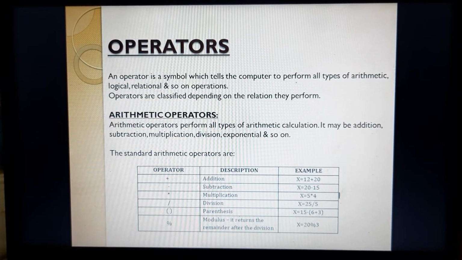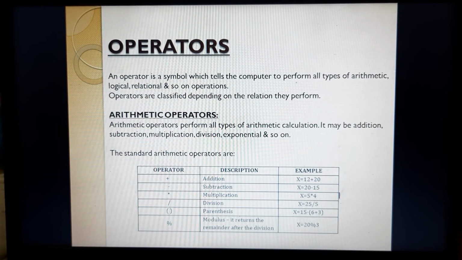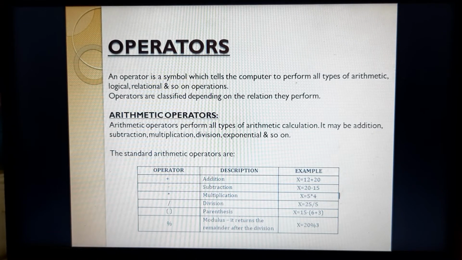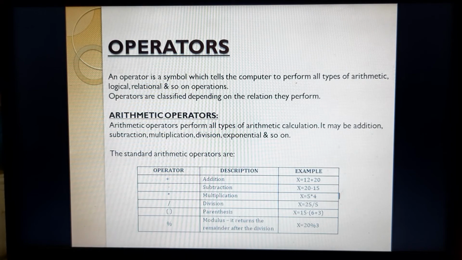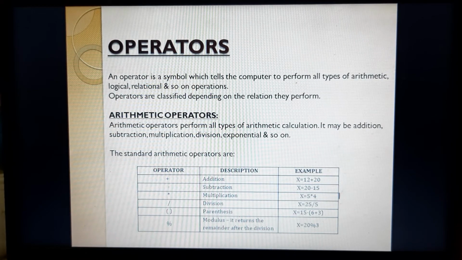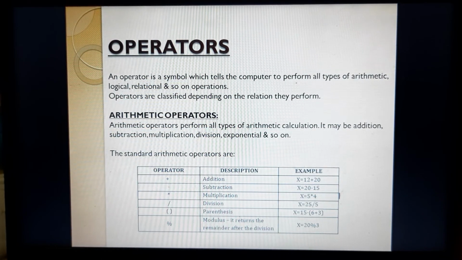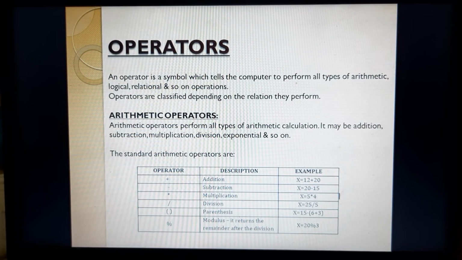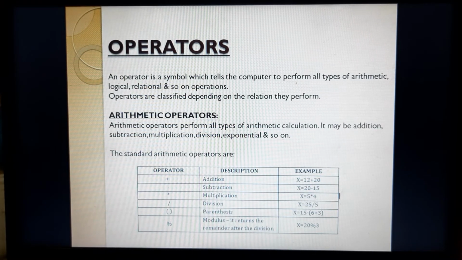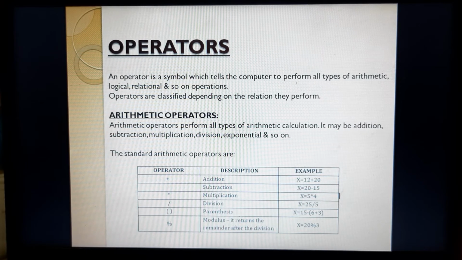Now, after literals and variables, the next concept of JavaScript is operators. My dear friends, as you know, we have studied many times, an operator is a symbol which tells the computer to perform a specific type of operation. In all programming languages, operators are just symbols.